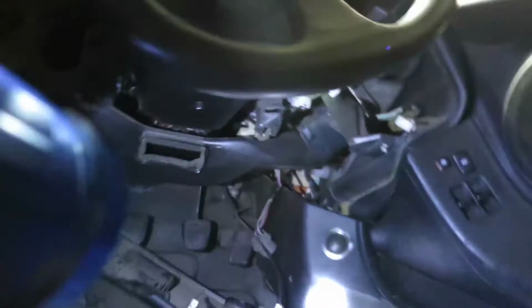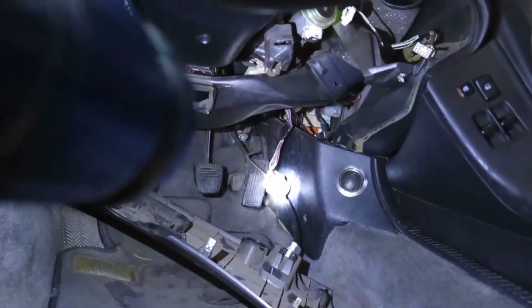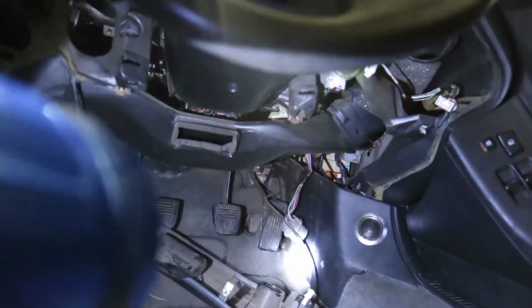And then you go around. I took the bottom part. There were just 2 bolts. 1 right down there and 1 right down there, you see hanging. That's the OBD. I think this car is OBD1 or whatever that thing is. I don't know quite, but